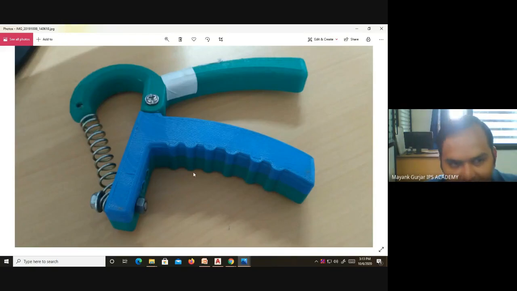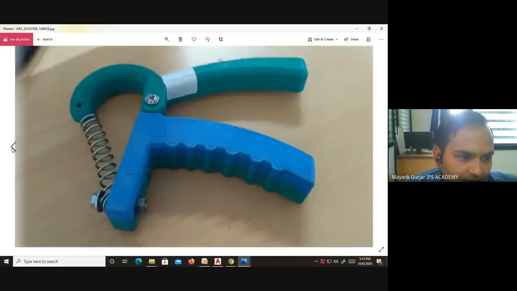The material we started printing with is green, and when it ended, we suddenly fed the blue filament into the nozzle and printed on, and both the layers are stuck. So we can go for any hit and trial which comes to our mind. That is the beauty of this 3D printing.